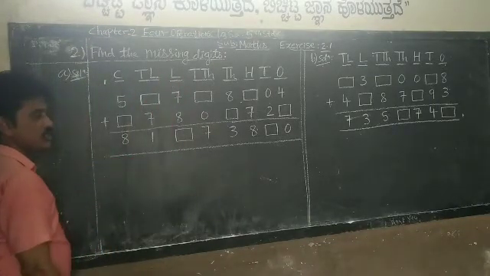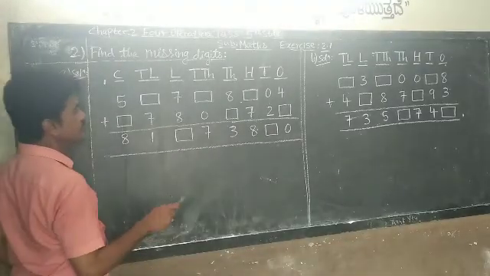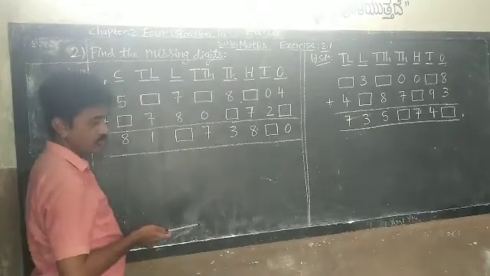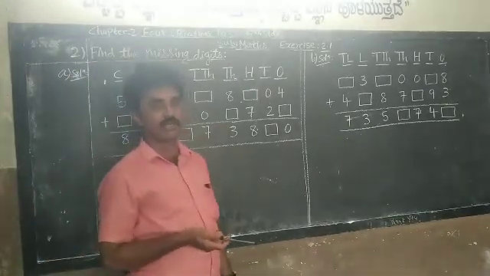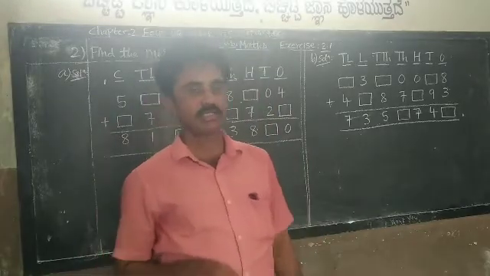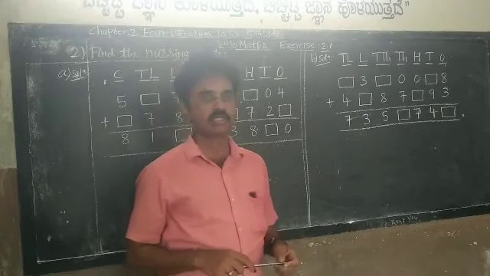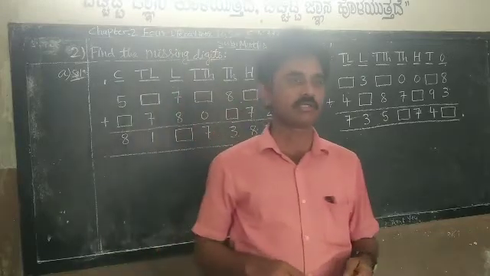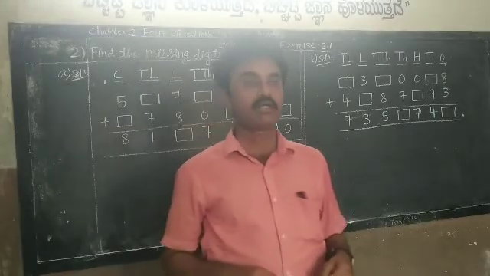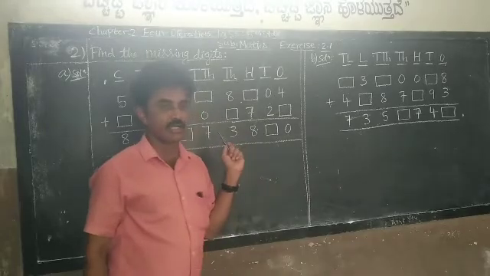In fourth standard also we have done these missing digits. The same. This is addition. There are 4 operations, as you know: addition, subtraction, multiplication, and division. In the first main questions, exercise 2.1, we are doing addition. So, how many operations are there in maths? 4 operations: addition, subtraction, division, and multiplication. So, we are doing addition now.